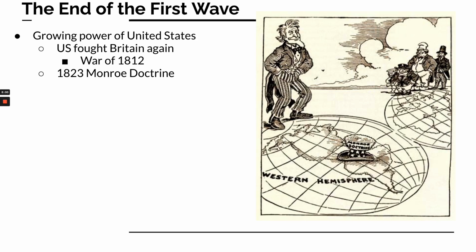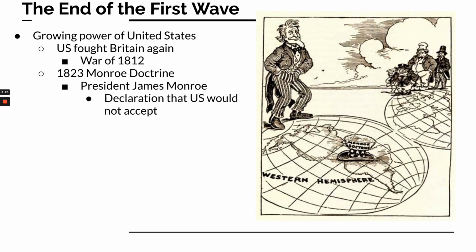And about 12 years later, the U.S. feels even more confident in its power, and it has grown in those not quite 12 years. And we get what's called the Monroe Doctrine. It's named for President James Monroe. And it comes in a speech to Congress. A lot of these important doctrines of the United States come in presidential speeches to Congress. And this is one of them.